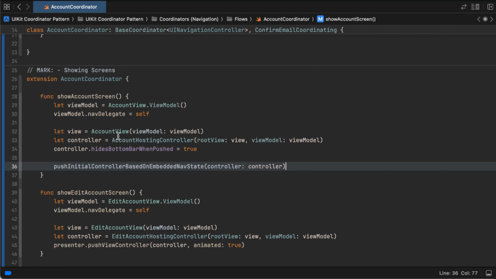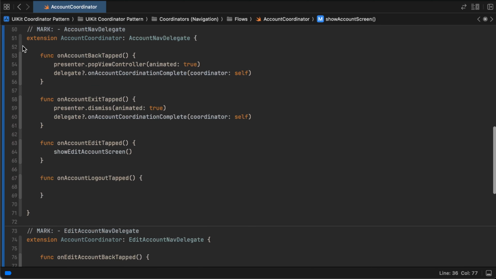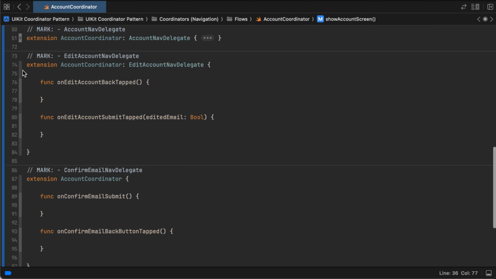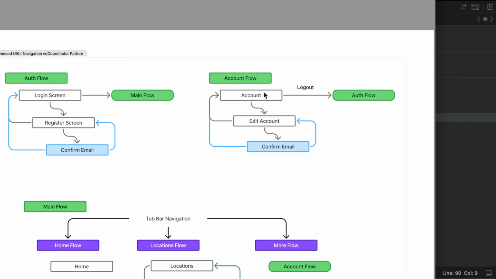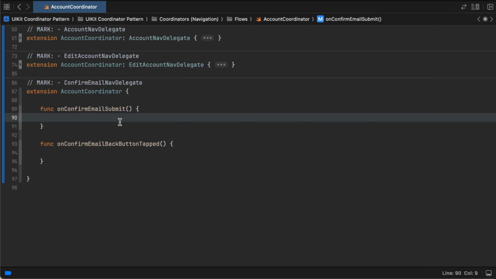Instead, what I'm going to do is, to be context aware, I'm going to add that code down here inside this method right here. So basically what I want to do is I want to pop up to the account screen if I've submitted from the confirm email screen. So to do that, I'm going to say if let account controller equals